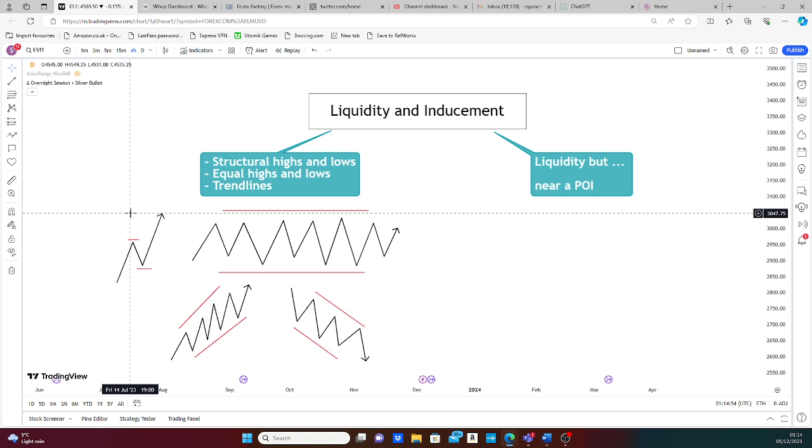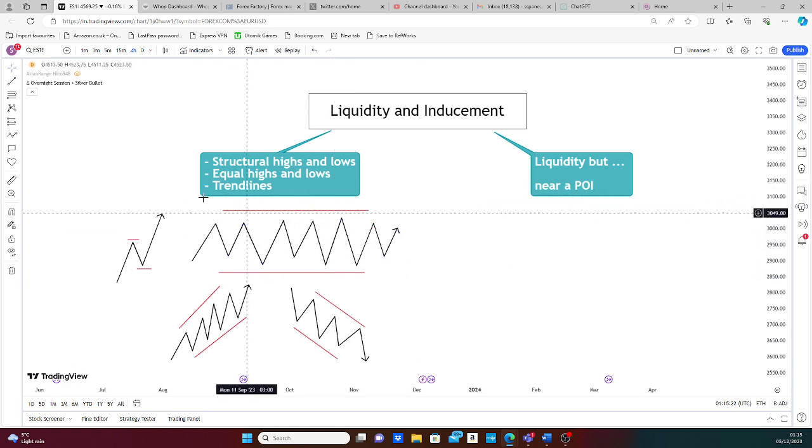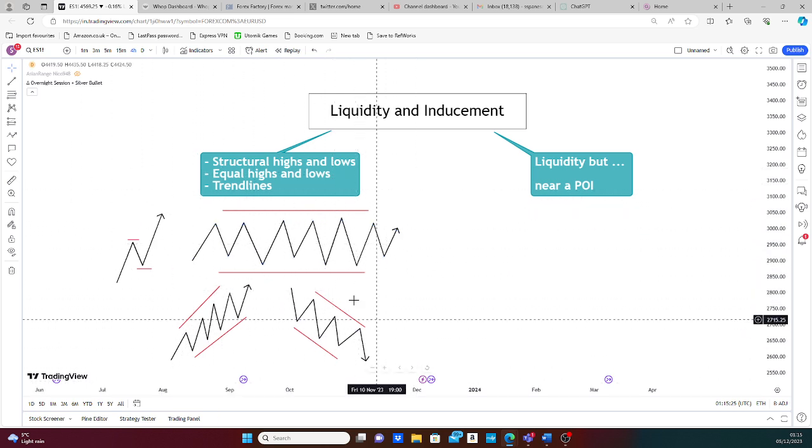So now we want to know, what is the connection to inducement? Inducement is a big word that's thrown around, but inducement is essentially liquidity in a specific area, right? So liquidity exists everywhere. So naturally inducements will exist everywhere as well, because these words are almost interchangeable. But an inducement is a specific area of liquidity, right? So an inducement, it's important to understand an inducement can be any one of these three things that we just mentioned, whether it's equal highs and lows, whether it's structural highs and lows, or whether it's upward sloping trend line